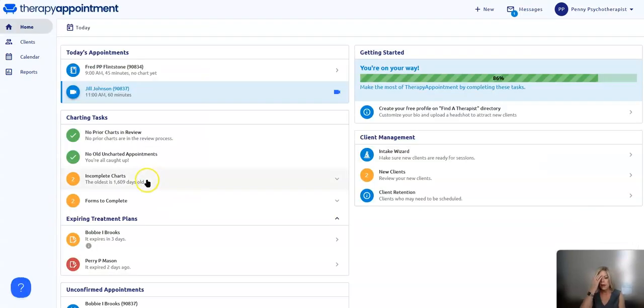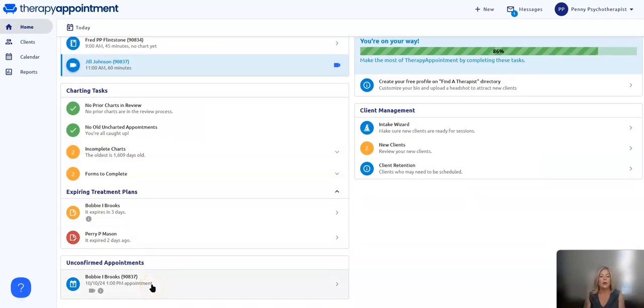Okay. You also have a look at some unconfirmed appointments. Therapy Appointment has the ability to ask clients to confirm that they're coming. Clients who are scheduled in the next 48 hours who have not yet confirmed will be listed here, so that if you want to give them a phone call or a follow-up, and your admin might be doing this,